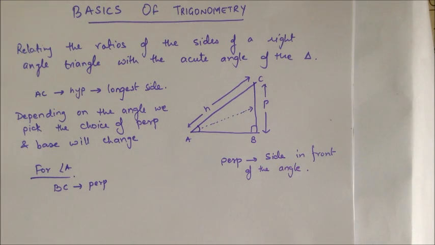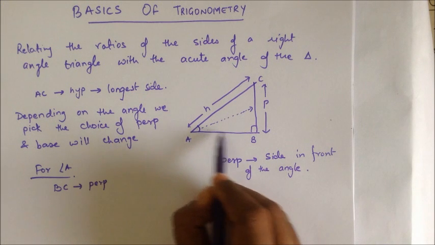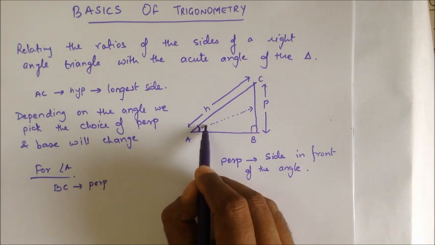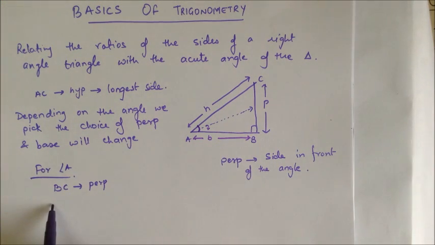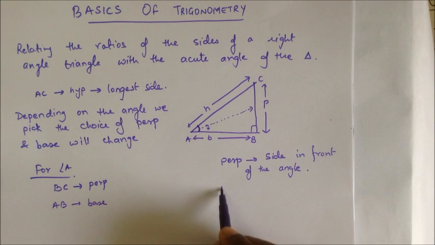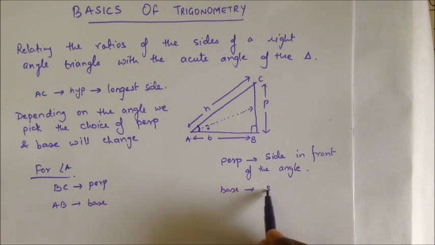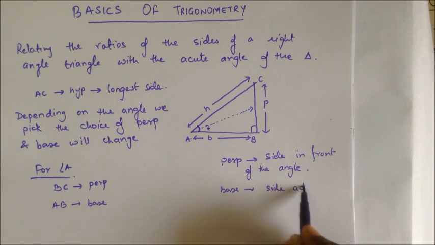The second is the base. Now AB, which is just adjacent to the angle, this becomes the base. So AB becomes the base because base is the side adjacent